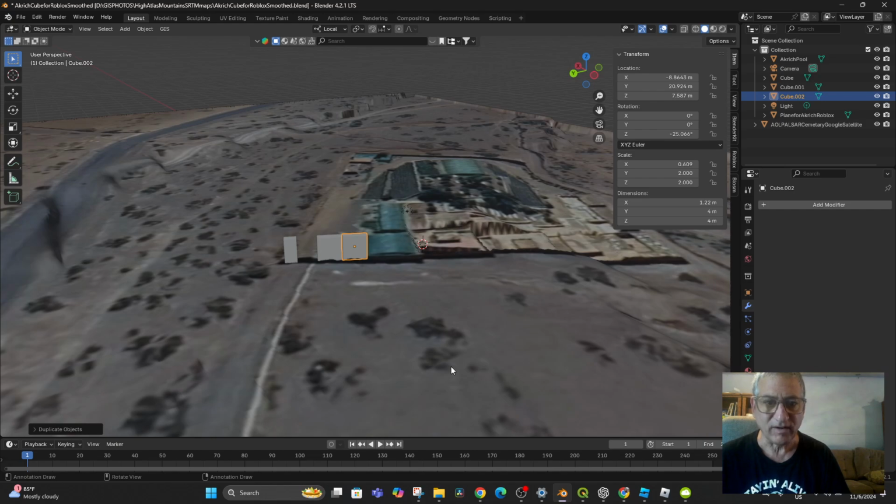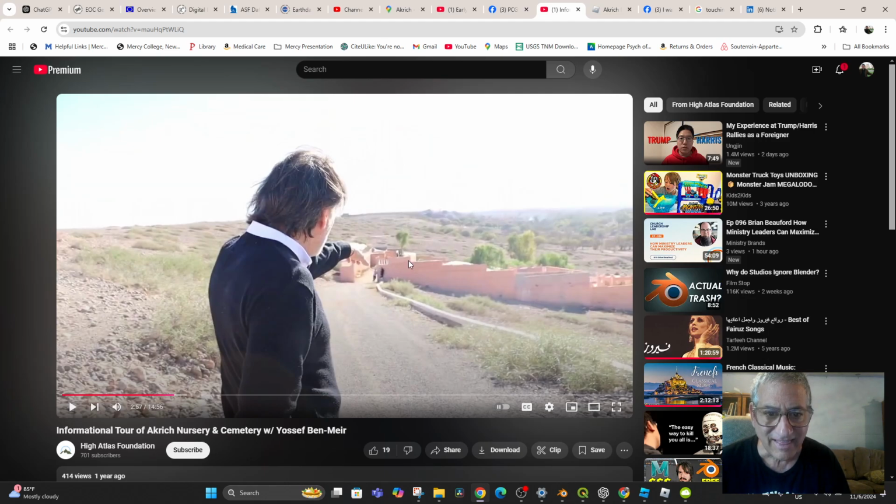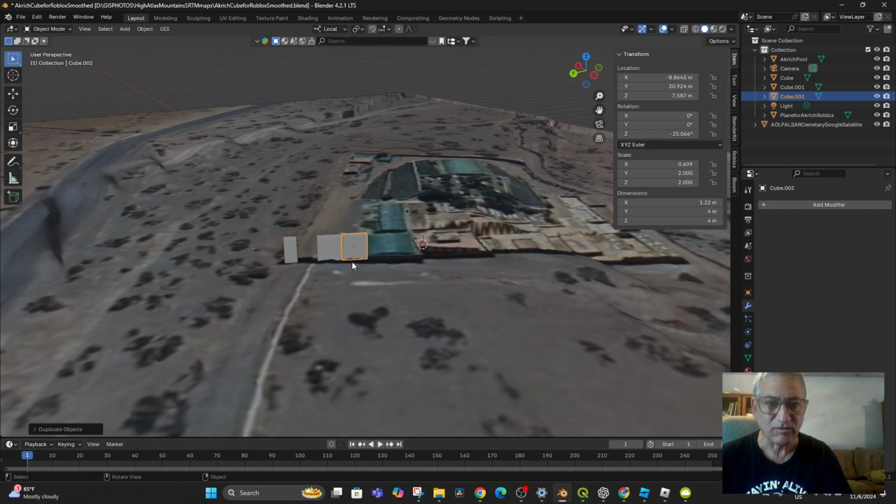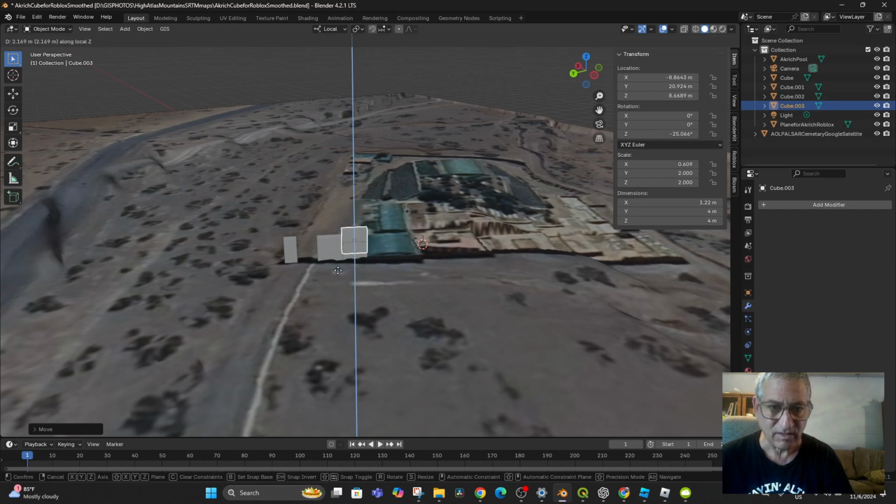And then we're going to start moving our sections in according to that video. So there's one section there, then it goes down a little bit, and it looks like it goes down by about 1 meter, maybe less. So if we move that section and we make this dimension in Z, no, we don't make it Z, we bring it down like that, bring it down a meter. So actually the location instead of 7.5 would be 6.5,